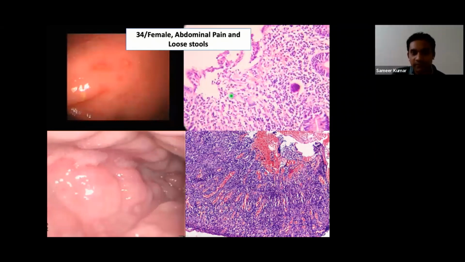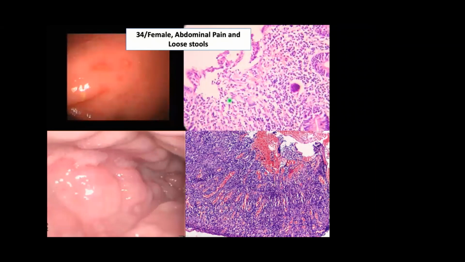Suddenly you think of C. diff and then you say volcano ulcers. When you're seeing a differential, that's what I'm saying, history is very important and correlate that with the histology. Okay, Dr. Aina.